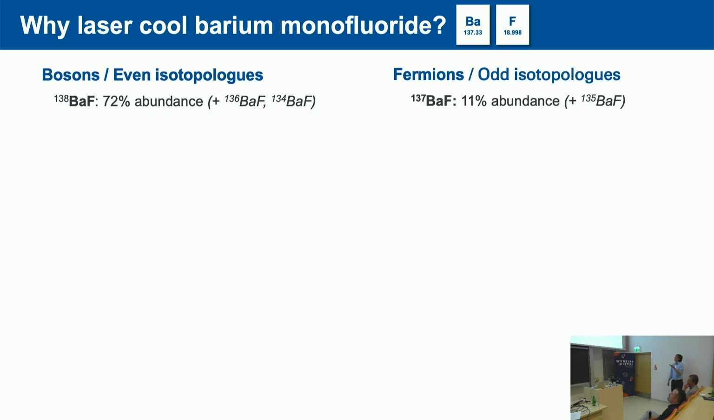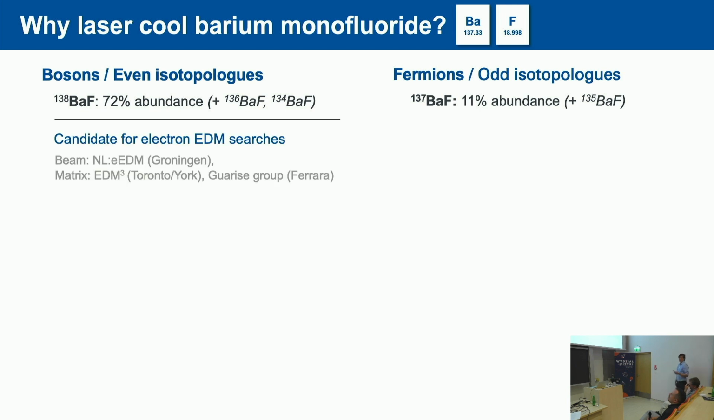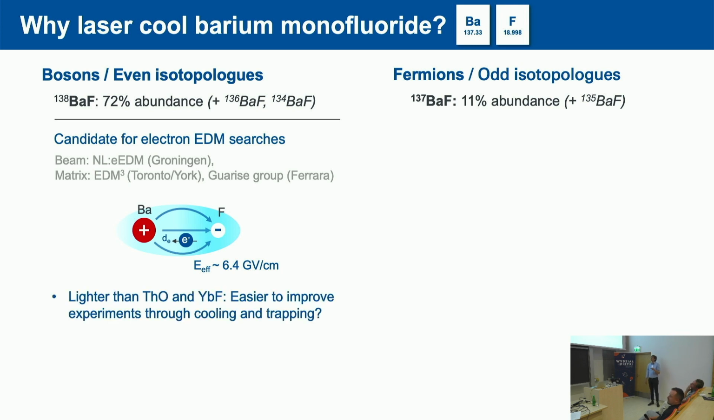And then there are also our little fermions, the most abundant one, 137 barium fluoride. Now, I'm very happy that Mike already gave a nice introduction about all of this. So these ones here, the bosons, they're also candidates for EDM searches. And there's actually a large number of groups working on this already. And the story is basically the same as what Mike was telling you. There's a valence electron sitting here somewhere which experiences a huge effective electric field. The one in barium fluoride is actually, for the experts, not quite as large as in other species. But the idea is that this molecule is slightly lighter than thorium oxide or YbF, for example,